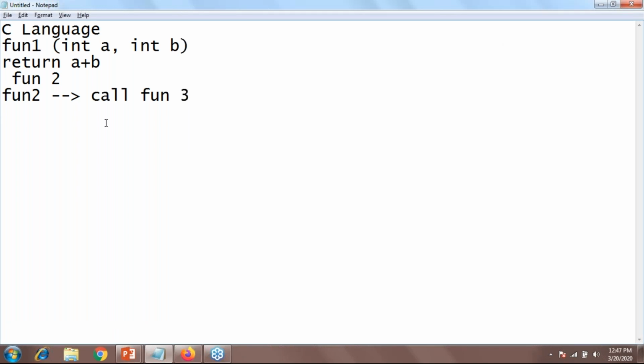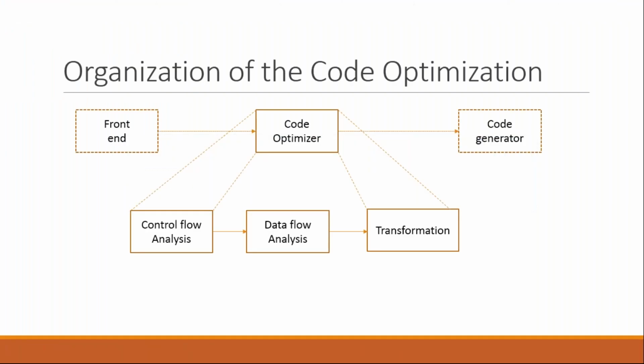Now, so we go over here to the flow and control flow analysis. How your flow can be generated from one function to another function, from another function to function number 3. So slowly we can analyze that function 1 can pass the value to function 2 and function 2 can pass the value to function 3. So in between, if function 2 returns some integer value, then we need to identify that that integer value must be passed to our next function, right? So that type of analysis is there in control flow analysis.